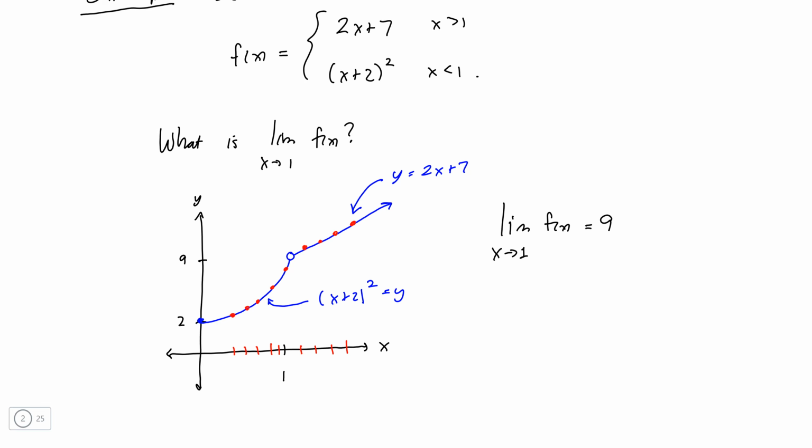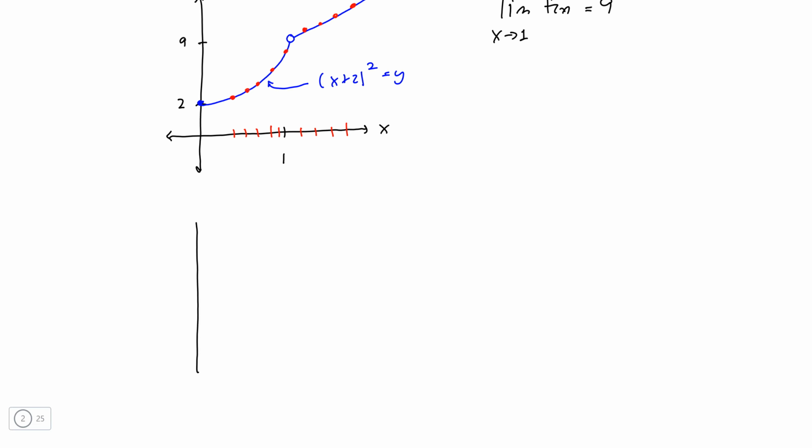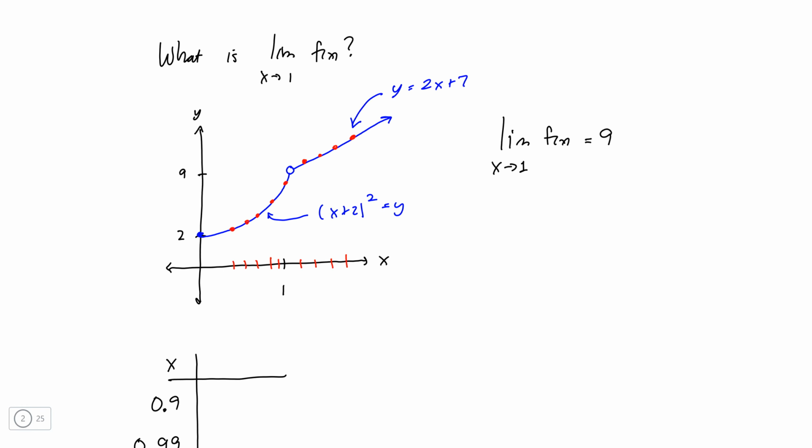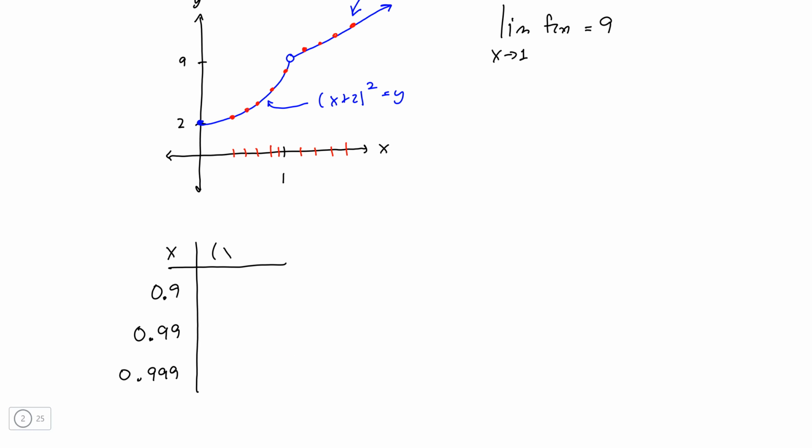We can also look at some values in a table to reinforce this. So now if I'm coming from the left-hand side of 1, just to be clear what we're plugging this into, for the left-hand side of 1, that's the bottom one here, so we should be plugging in (x plus 2) squared. So this is f of x, but let's make that clear. So this is 8.41, 8.94,